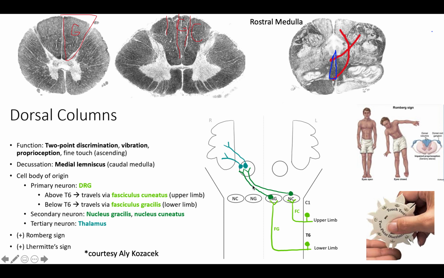However, let's say we had a lesion on the right side above the decussation. Now, instead of it being ipsilateral to the lesion, it's going to be contralateral to the lesion. So the patient will have a lesion, whether it be in their thalamus or right cerebrum,